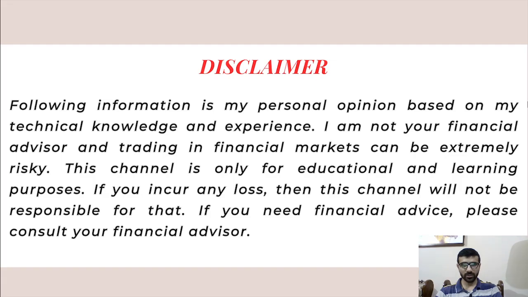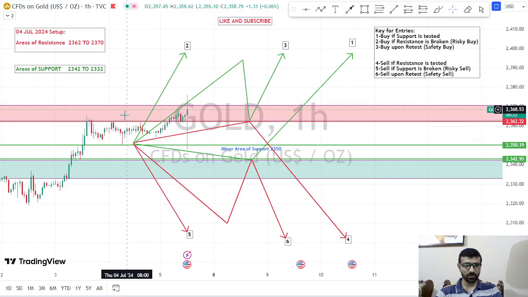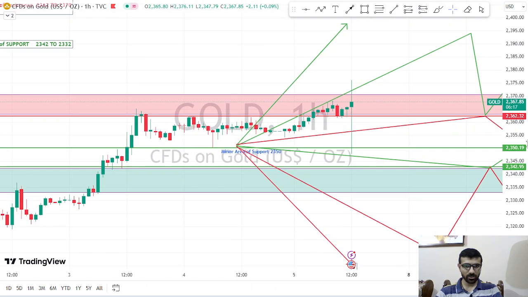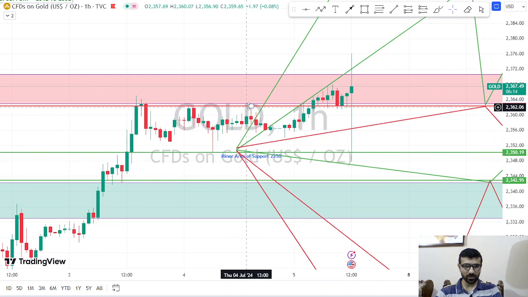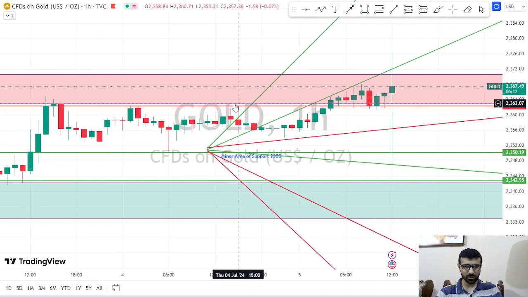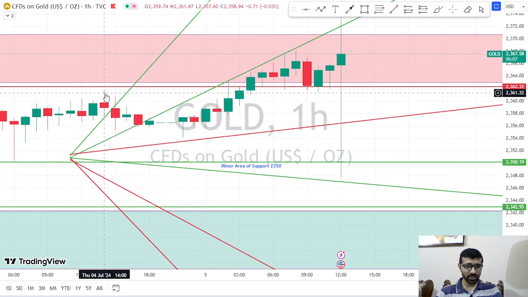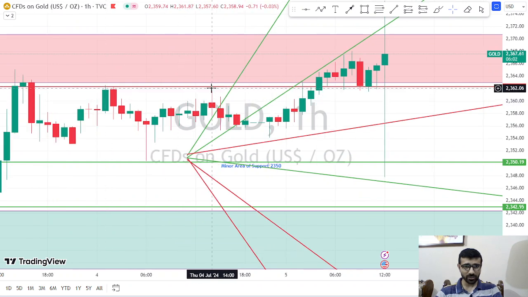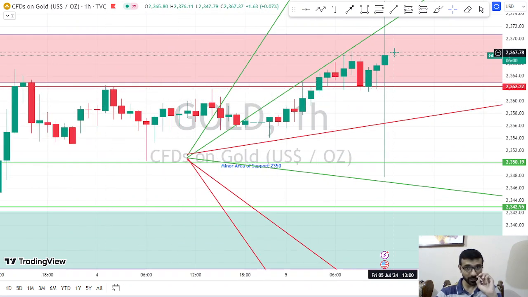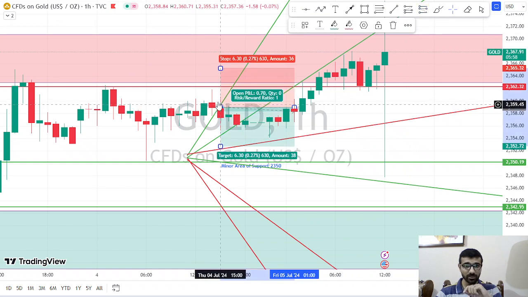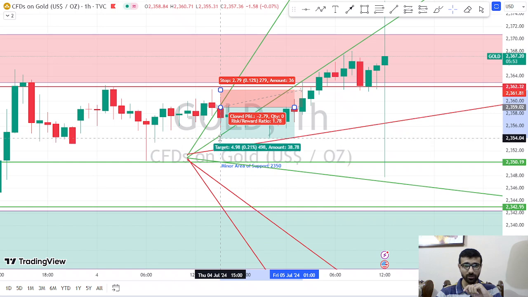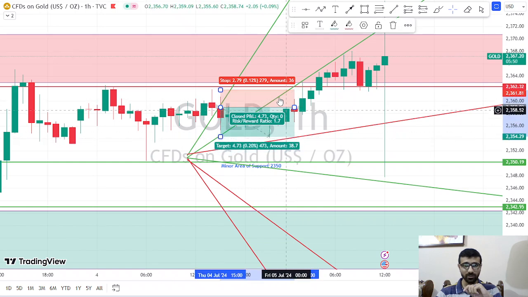When we were discussing the market yesterday, the market was trending approximately over here in this gold area, and you can clearly see that the market did not really test our area of resistance. But if you were vigilant enough, maybe you could have taken a short position from here. This red candle was a very good candle to take a selling position from this short area. If you had taken this short position, your stop loss would be just above this previous candle and your take profit could be approximately over here, giving you a 1.7% profit